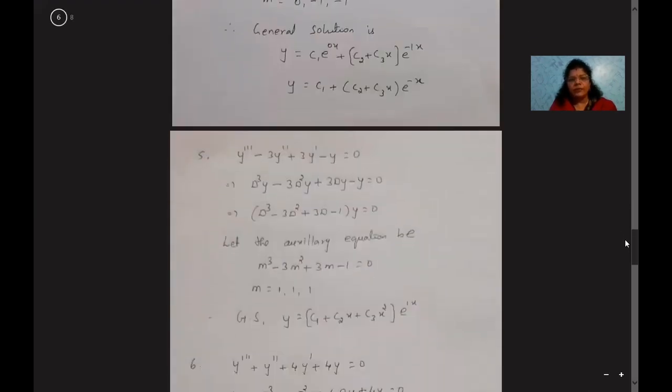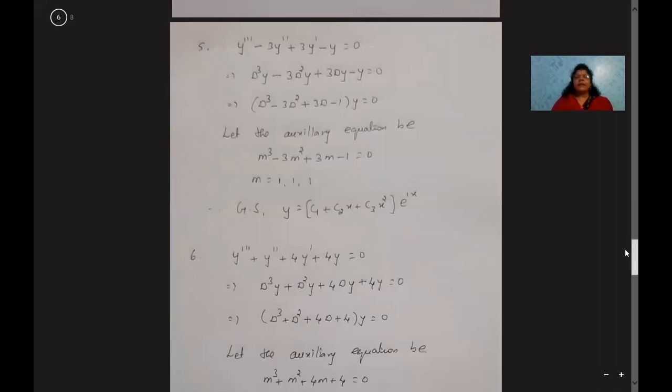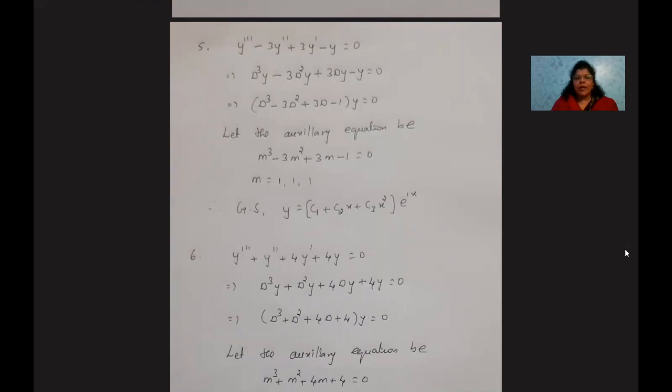Let me move on to the fifth problem. Again, a third order differential equation I have taken. y''' can be written as D cubed y, y'' as D squared y, y' as Dy, minus y equal to 0. By taking y common outside, we'll be obtaining the general